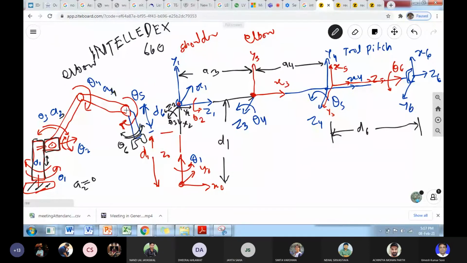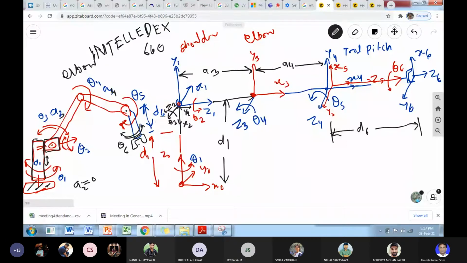Now here you can see there are two axes, one axis in which the angle of the whole assembly can be changed, that is theta 5, and this is another angle theta 6 in which the angle of this tool can be changed. So the wrist can change its angle. Now this link is a prismatic link, and it can vary its length d6.